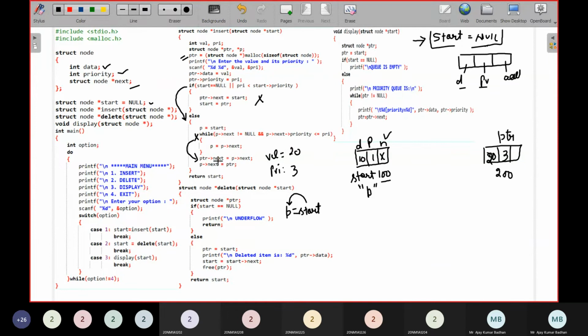So what I'm going to do, I need to add this. I need to provide a connection here like this. How can I provide it? Whatever the next block I'm having here should consist of address 200. Then a connection will be established. And in this particular pointer node, the next block should consist of null because we don't have any other node. So there are 2 points we need to write. First, I will make this null. How to do that? This particular node we are referring to with pointer.